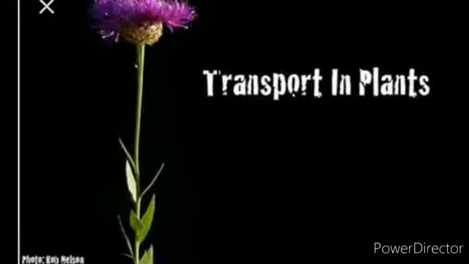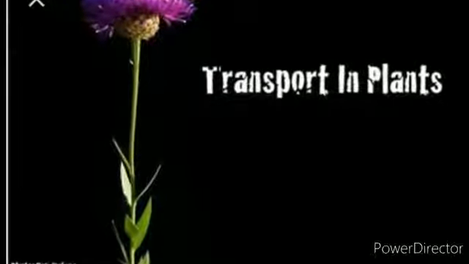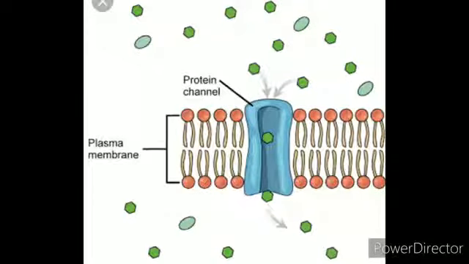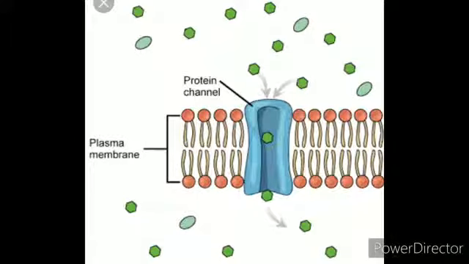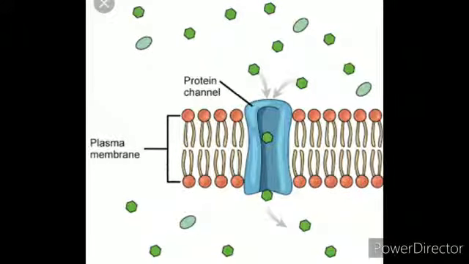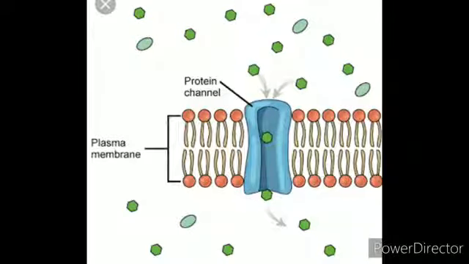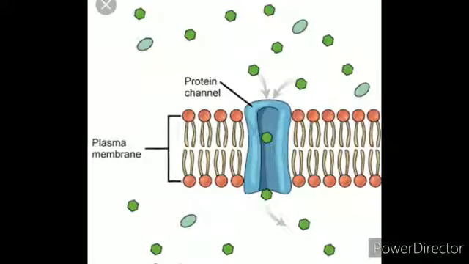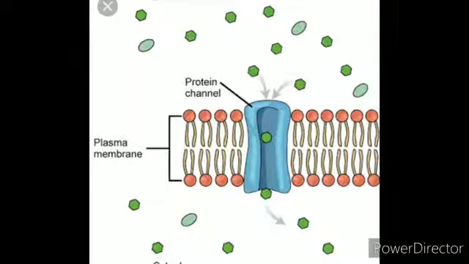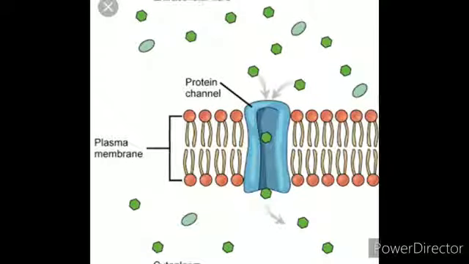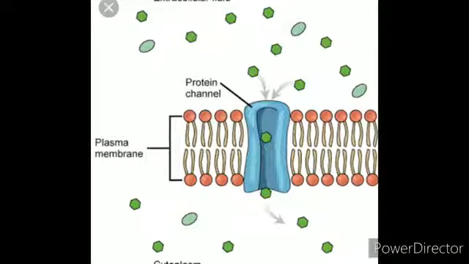Good morning, children. Now a few terms related to transport in plants, that is chapter 1, we are going to see in this video. The terms are facilitated diffusion, plasmolysis, and how it is practically used also we will know, water potential, and ascent of sap. Usually this ascent of sap occurs in tall trees. How does it occur? We are going to see these 4 terms in this video.